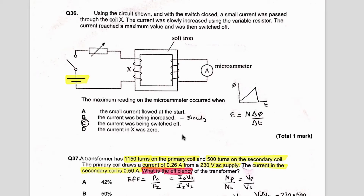Okay, so these are questions number 36 and 37 of the Magnetic Fields homework booklet. In question 36, we're given a circuit, which is this diagram down here. What we've got is a DC supply, so a DC cell connected to a switch